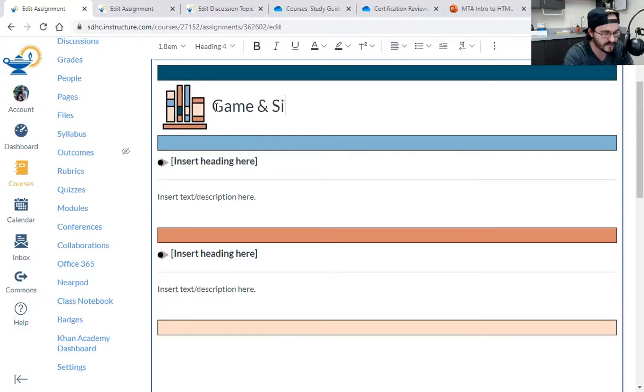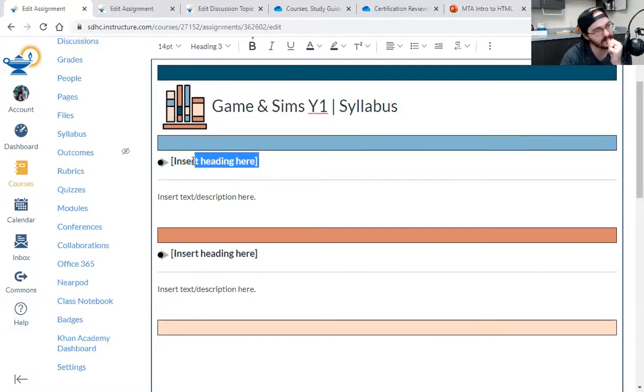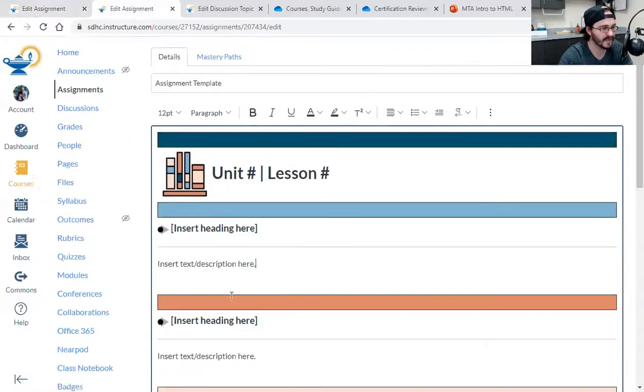Gaming and Sims, Year 1. I like to do that symbol. Syllabus. Cool. All right. Assignment. Instructions. You can do whatever you want. They have different headers.